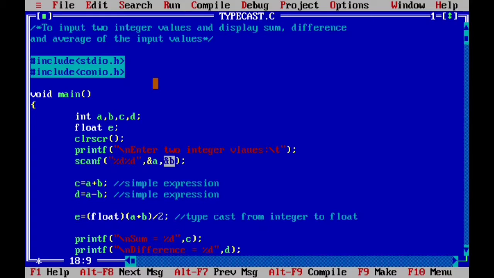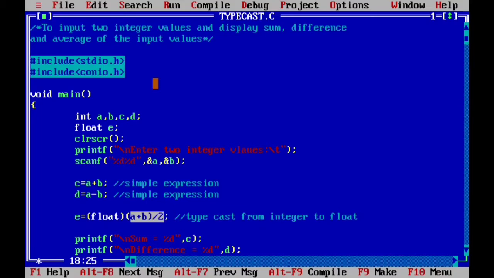But here E is a float type variable, and because we are using division, it may result in a floating point value. That is why typecasting is required here, right? Now how to do typecasting? Whatever type you want to convert into, that will be written within the brackets, right? Then the expression that you want to convert into that particular type.